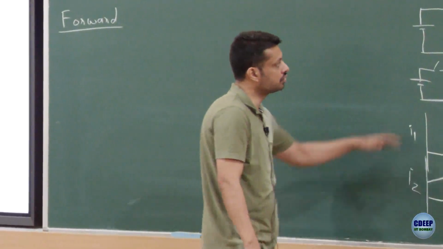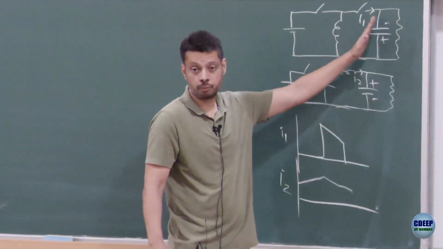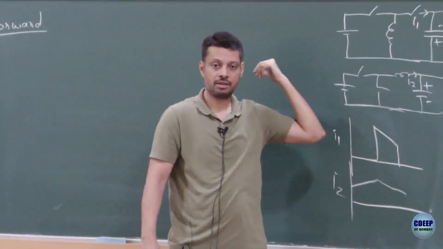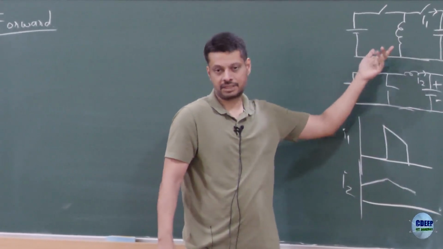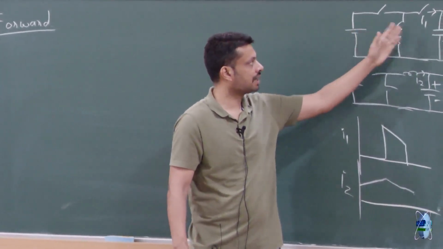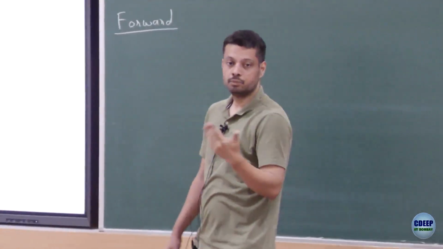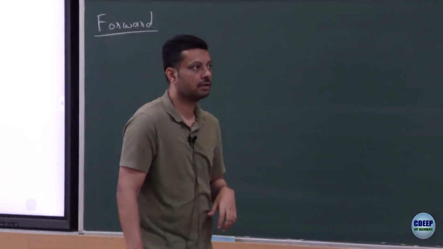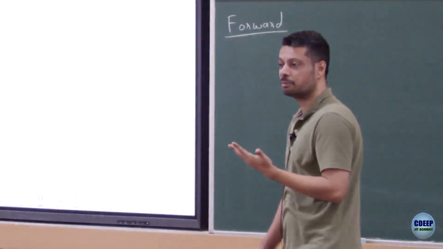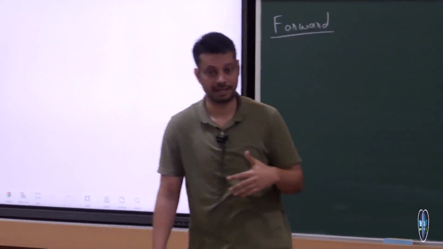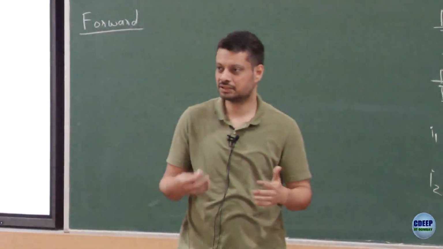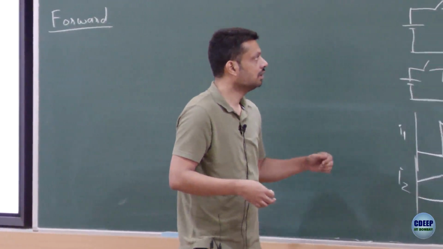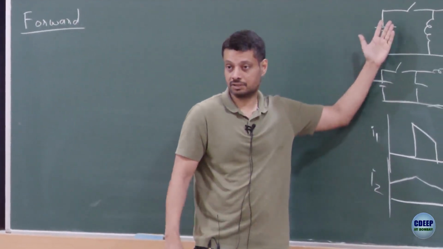Yeah, in case of boost, yes, the same phenomenon will happen. On the output side, your ripple would still be substantial, but boost helps in case of input ripple. Buck boost doesn't help either way, because the inductor is in the middle, so both input current and output current will have large ripple. In boost, at least the input ripple is small, which makes sense a lot of times. For example, if your source is solar photovoltaics, a solar panel, then you don't want to draw large ripple from those panels. It creates certain challenges which we cannot discuss now, but you cannot draw large ripple from a source either. So in those cases, you can use a boost converter, so that you have an inductor on the input side.